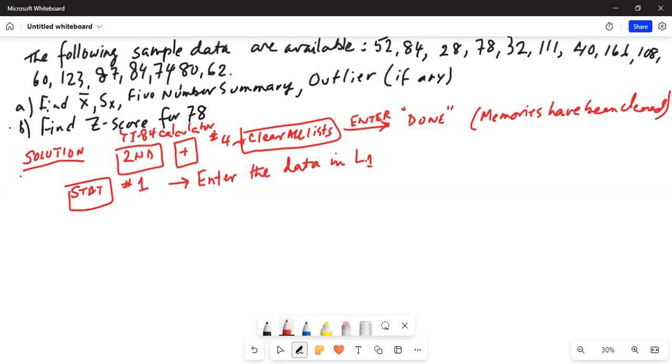Okay, now we have 16 data points. 1, 2, 3, 4, 5, 6, 7, 8, 9, 10, 11, 12, 13, 14, 15, 16. Okay, so we have entered data in clean L1. Now what to press? Now we will press the stat button,